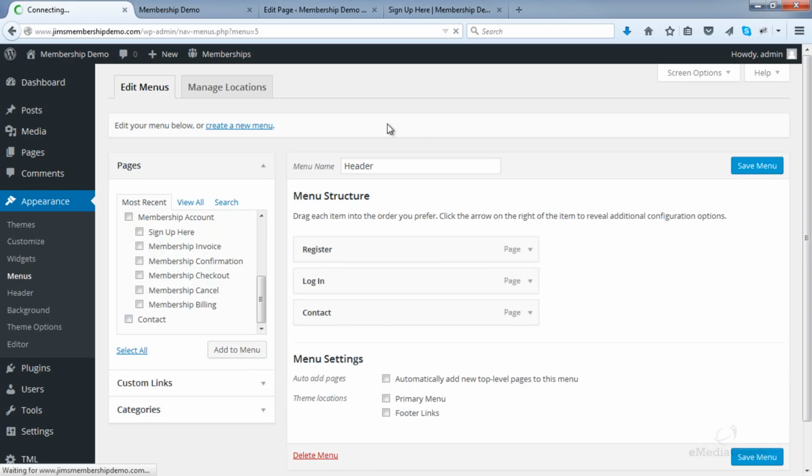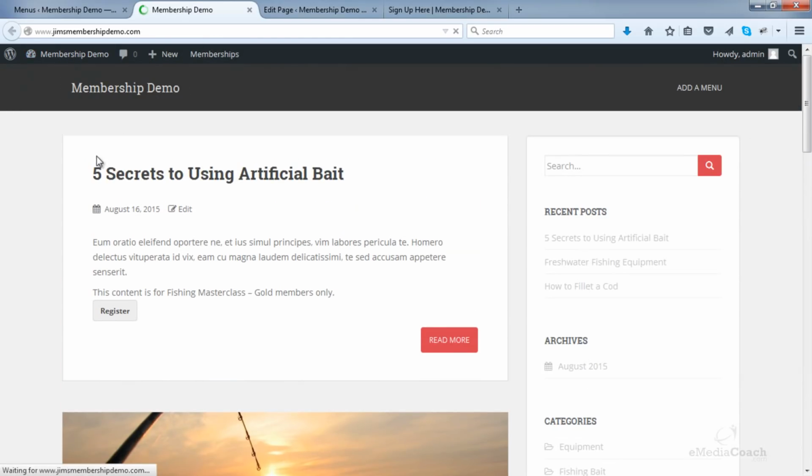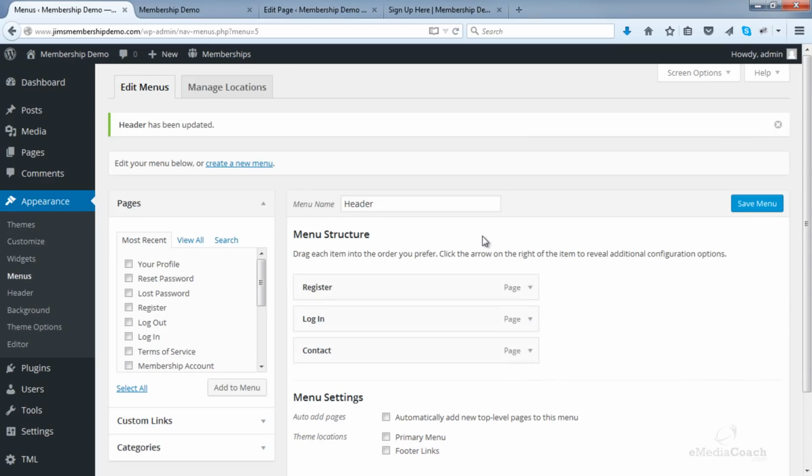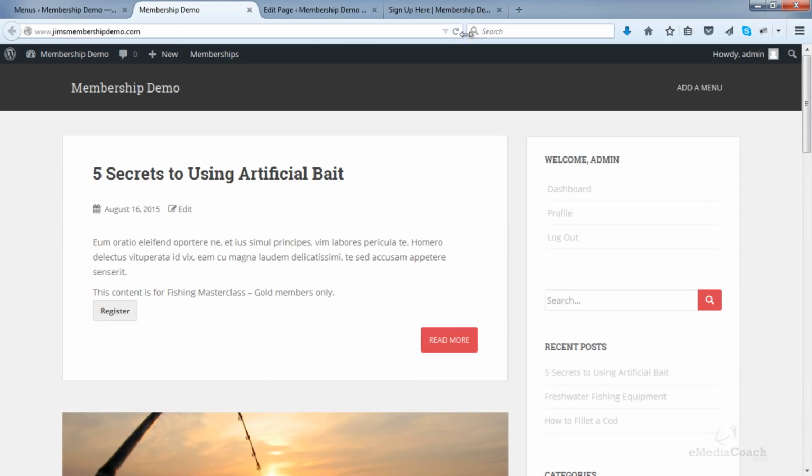I'll save that now and show you what that looks like. One more thing, just come down and select Primary Menu. There you go, they are the links that you just used to add in your menu.